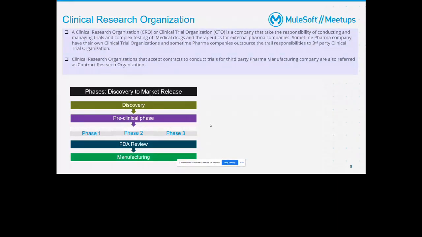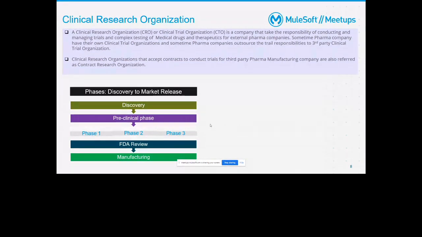start. And these trials, by and large, have three phases, but that doesn't mean that every trial needs to have three phases. It can be more than three also. During phase one, the new drug is tested on a small set of patients, or what we generally call subjects. In phase one, mostly safety measurements are done, to check that whatever steps they are doing on the human beings are not creating any adverse side effects.